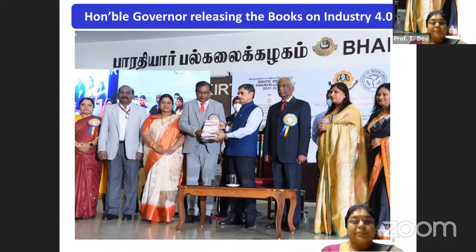Okay. And these books were released by our Honorable Governor, Mr. Ravi sir, in March 2022 at Bharatiya University, when there was an Association of Indian Universities conference by the then President, Professor Thiruvasagam sir, and then Vice Chancellor, Professor Kaliraj, and the current Registrar in Charge, Dr. Murugaveli. Now, please note down a website, b-u.ac.in,